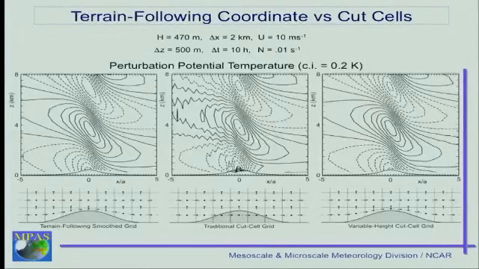With this smooth coordinate, one can produce, for certain situations, the same coordinate surfaces as the cut cell. For example, as long as the height of the mountain is below the level of the first grid level, you can say, I'm going to smooth this thing, or if it's a hybrid coordinate, you can say, I'm going to attenuate this thing so fast that there's no terrain influenced by the first grid level. So every grid level,